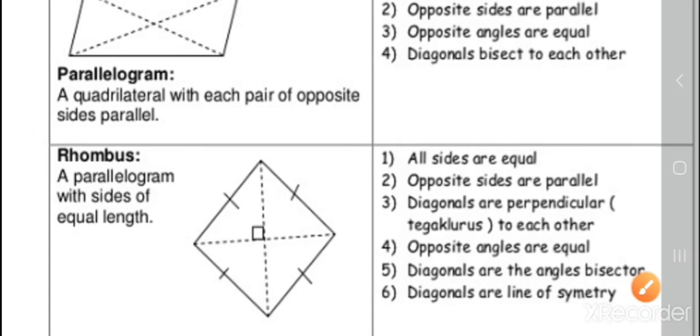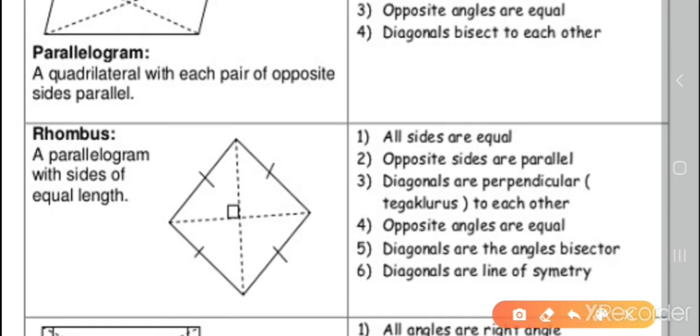Diagonals, you think so. This angle is 60 degrees, which means this diagonal bisects the angle. Then this part will be 30 and this side will be 30. That is what? Diagonals are the angle bisectors. This diagonal is an angle bisector. Okay, we'll go to the next one.